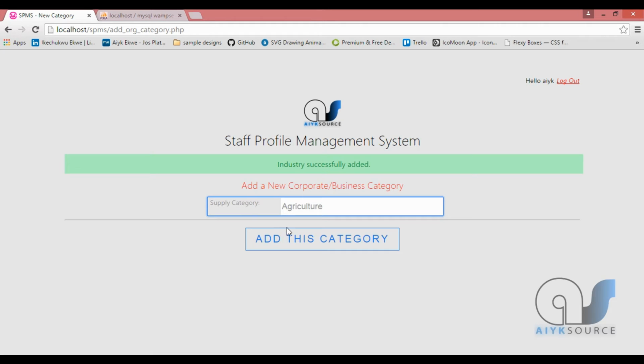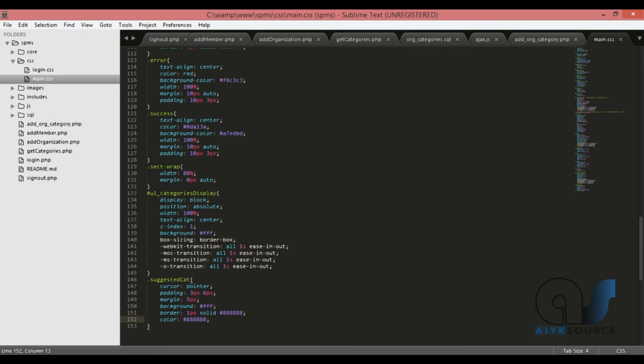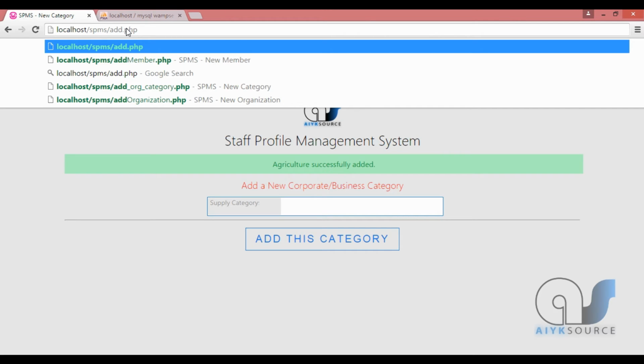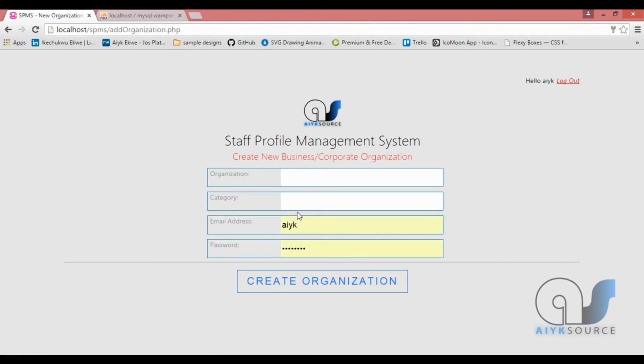So add. I'm gonna navigate to, I don't know why I forget these things so easily, our organization page, so that we see this thing in action. So I'm gonna add organization right here. So the next time I come to this category and I type, let's say C,